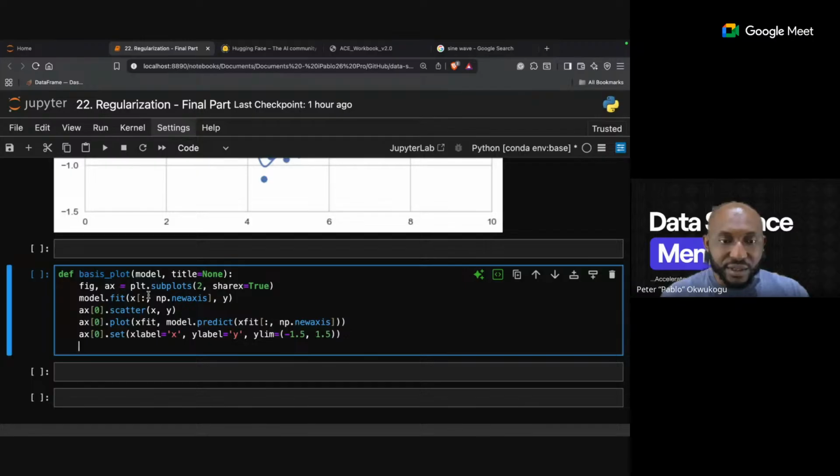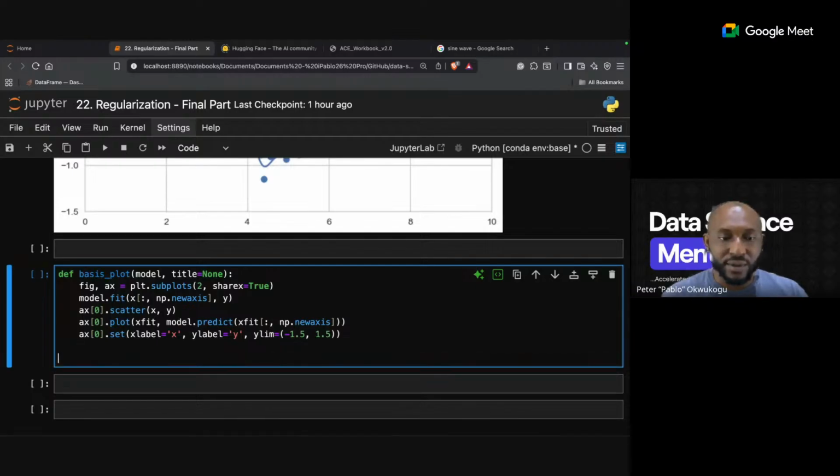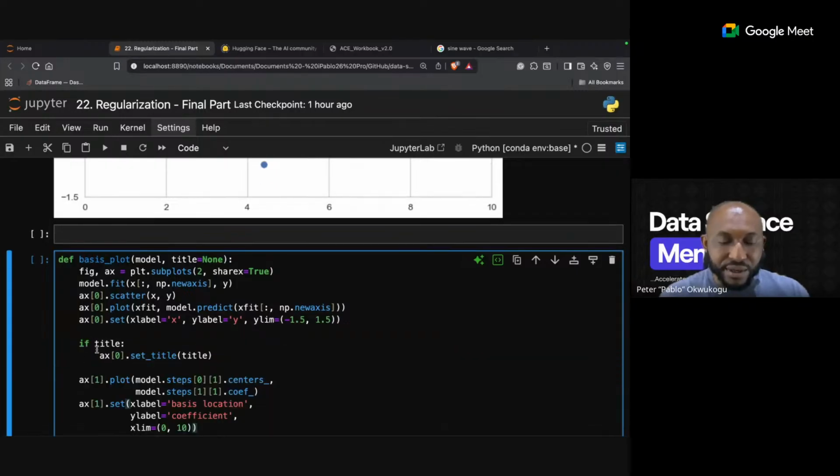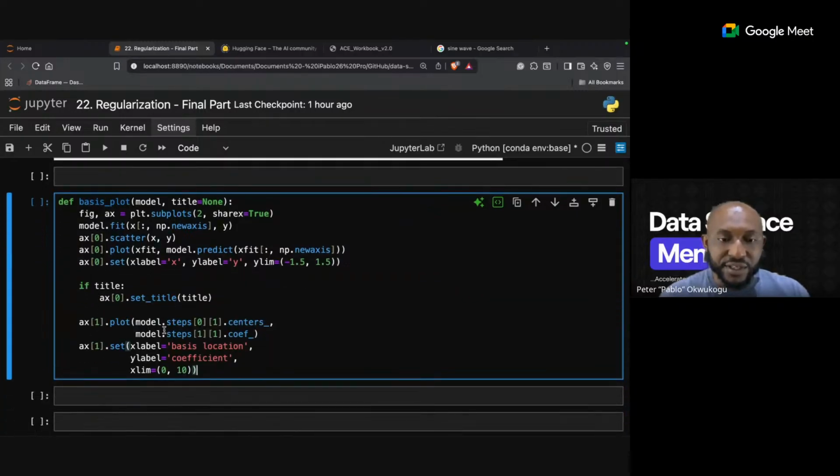It captures everything going on, is a subplot, and looks at our model and how it fits in. It puts the first scatter plot and it predicts, then goes on to check for both, and goes on to check for all we have done. We have the X and then the Y label. Now, the next thing I'm going to do is write an if statement that says, for every step, show us the coefficient. So for every step here, show us the coefficient, which is the model step 1. It will show us the center, it shows us the coefficient and all.